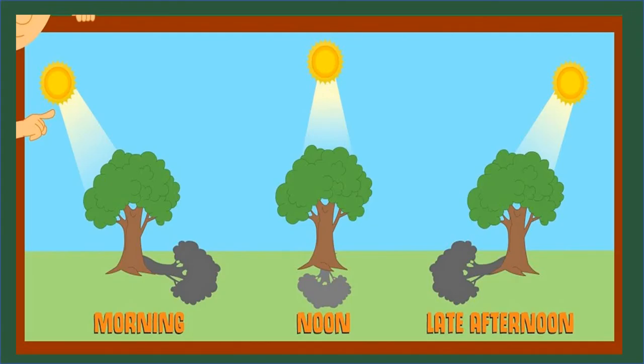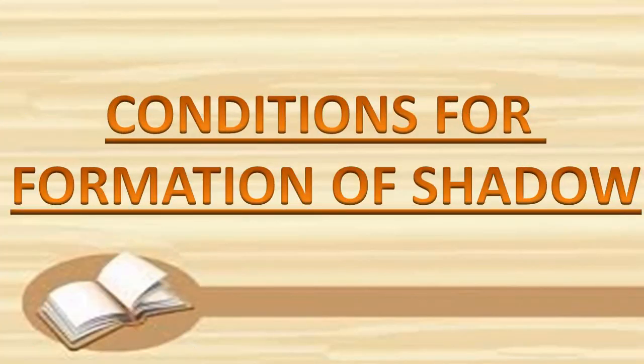You learned that shadow can be formed during day, but the size of the shadow also changes during the day. Throughout the day you will find the shadow is shortest at noon around 12, because the sun is directly over our head, and the length of the shadow is longer in the morning and even in the evening, just late afternoon. So you understood that the shape and length of the shadow keep changing, and it also depends on the source of light.